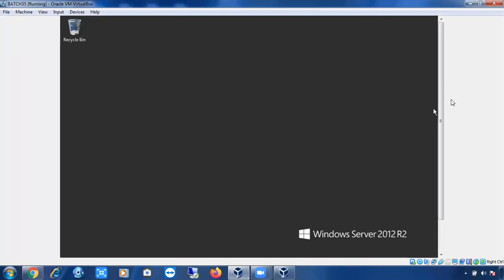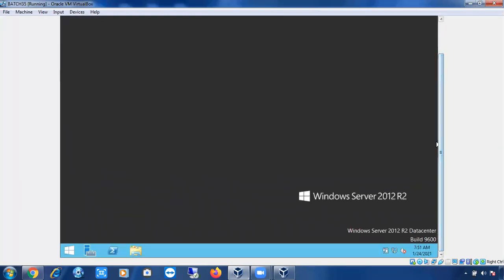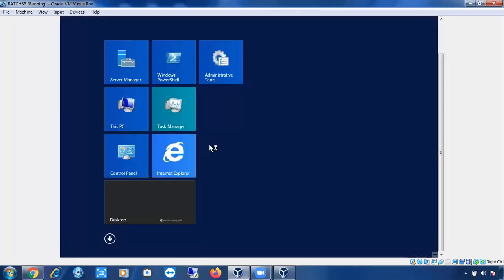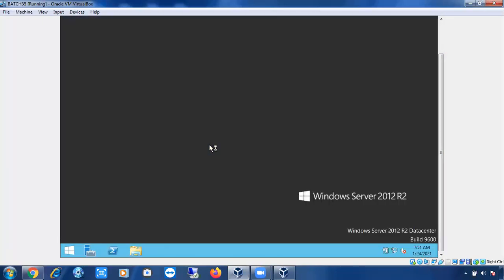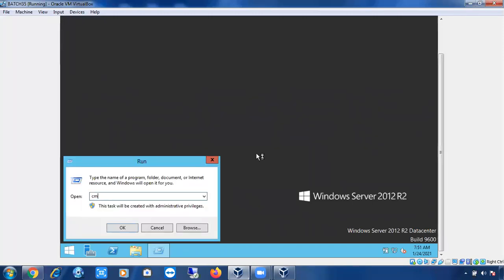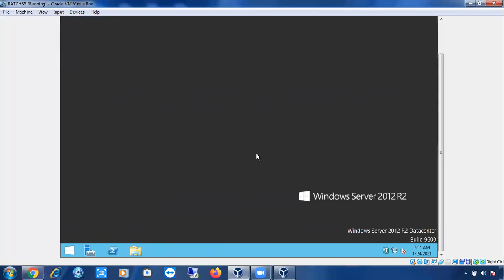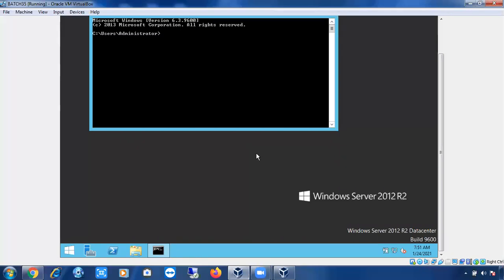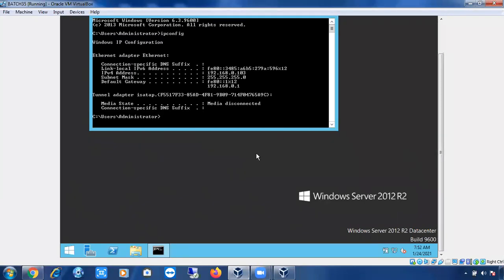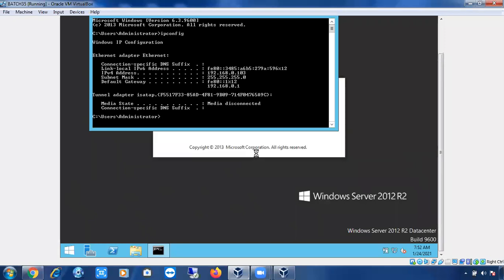No. What error will you get? Usually what kind of error will you get if the document is open and you are trying to rename it? You will get the file is in use. You cannot rename the particular document. So what is the solution for that? You have to close the document and then rename the document, right?